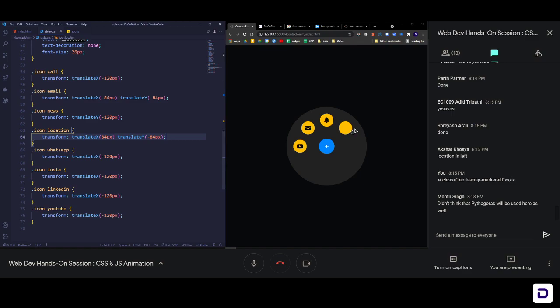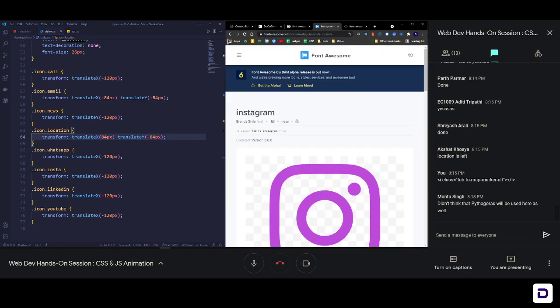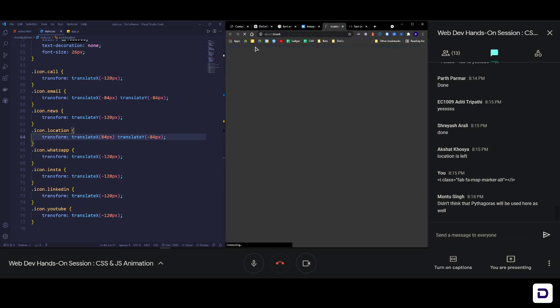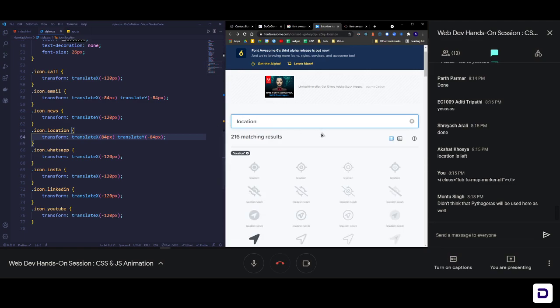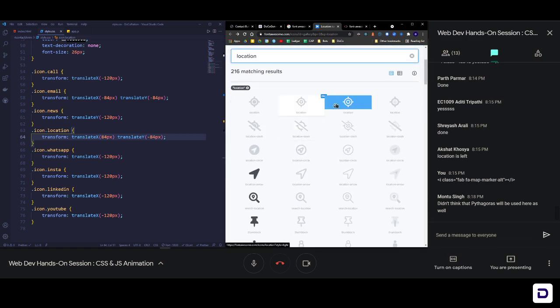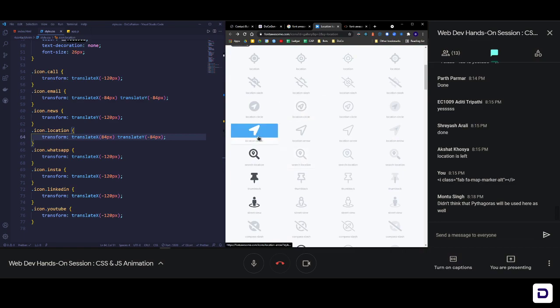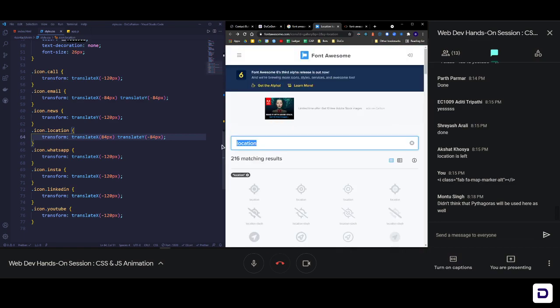Okay, location icon we are not getting. Let me just grab it from the internet itself. Not this ad, sorry. Location. Let's use this one, or maybe just search for that only. Map marker.